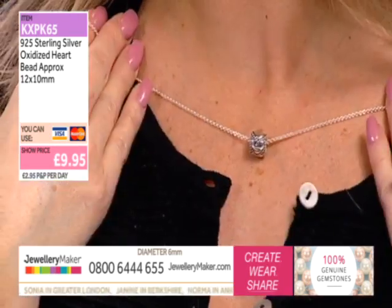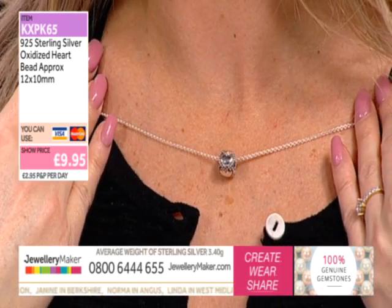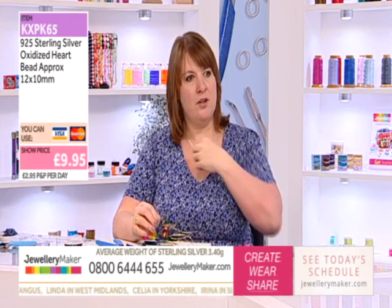One for each child? Maybe you could put their initials on them individually then, couldn't you? That'd be lovely. Or there's enough room for you to be able to hang a little bit of a chain through the other side of it and add a birthstone. Nice idea. So you could have it so that if you've got 3, you could have the little drops of